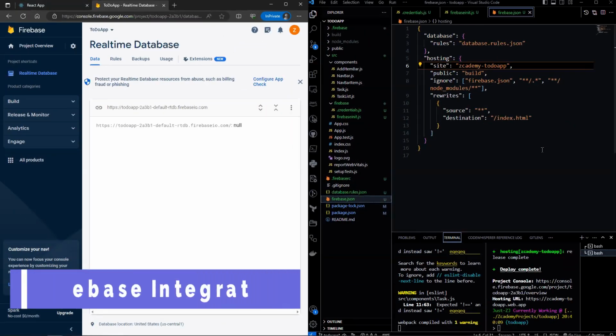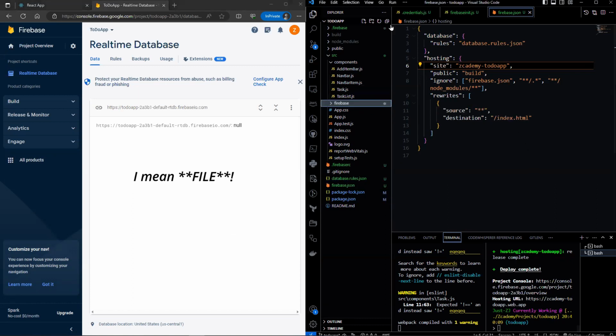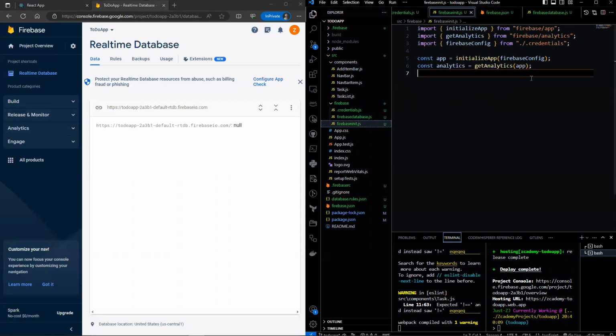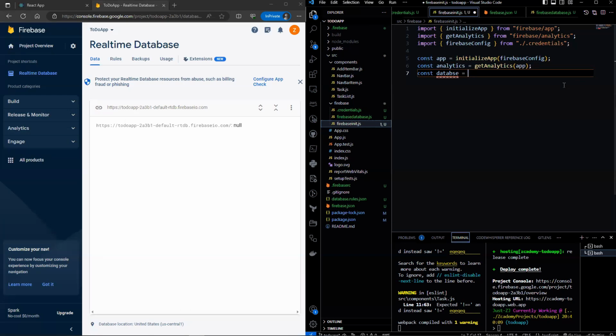Now let us start integrating the database into our application. Let's start off by creating a folder here called Firebase Database. Let's head over to Firebase init and create a variable called database and init the database.